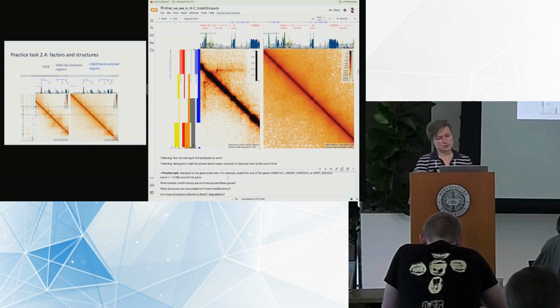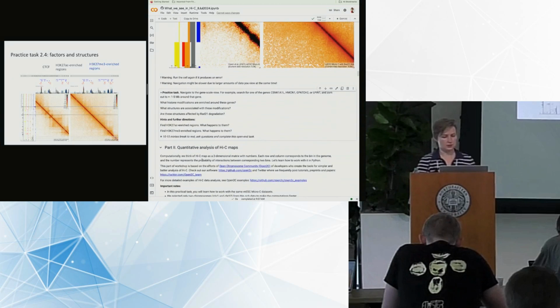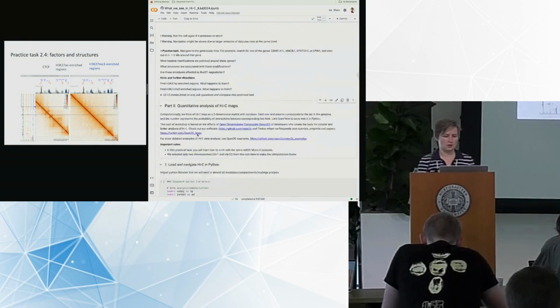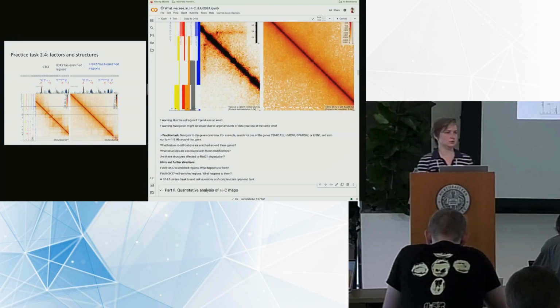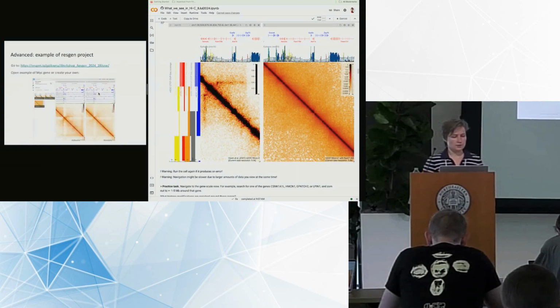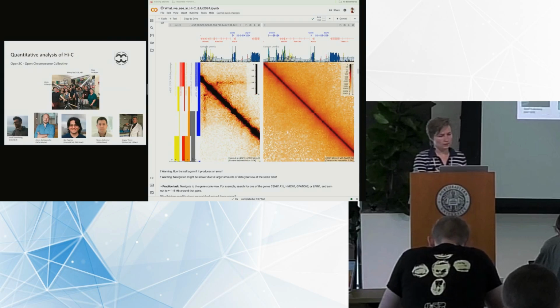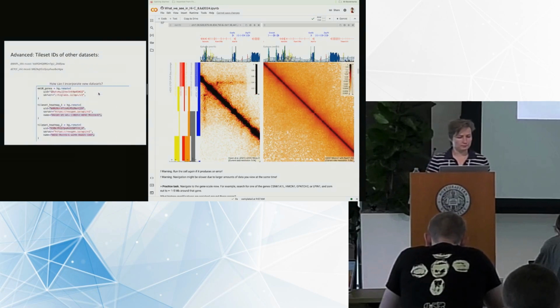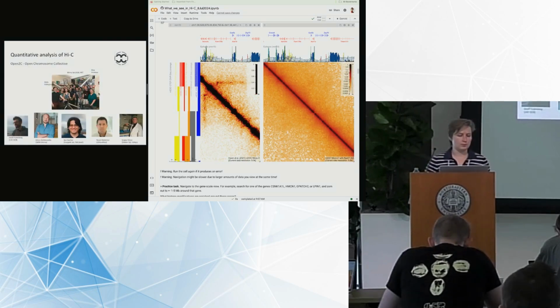With that, I suggest we switch to the next section and go to quantitative analysis of Hi-C maps, because we are through visualization, through our first qualitative analysis of Hi-C maps. And I hope I left you with an instrument that you might use in the future, and it might be helpful to you. For the next part, I would like to tell you a couple of words about quantitative analysis